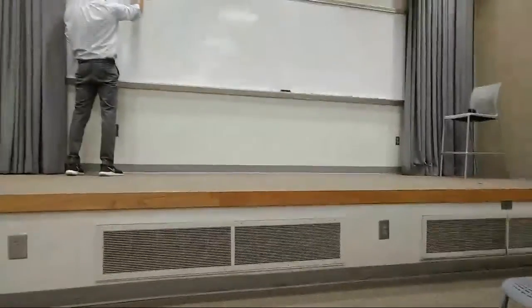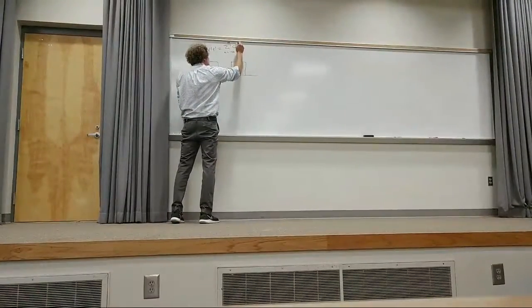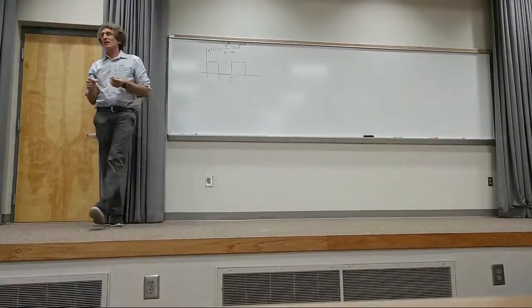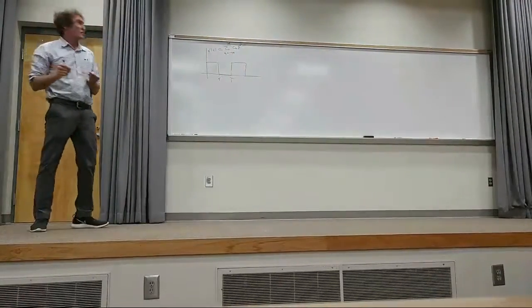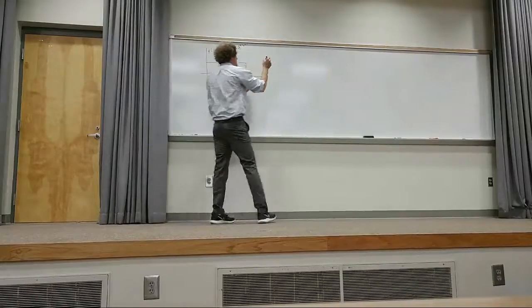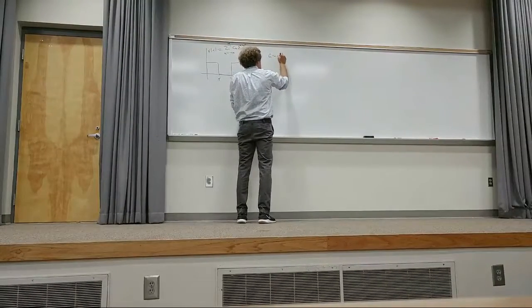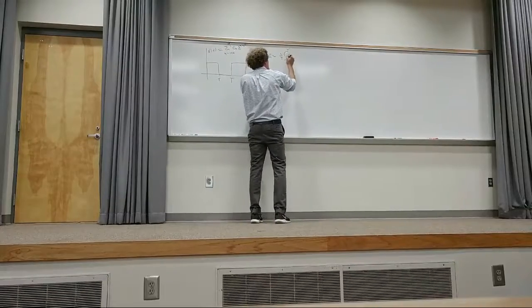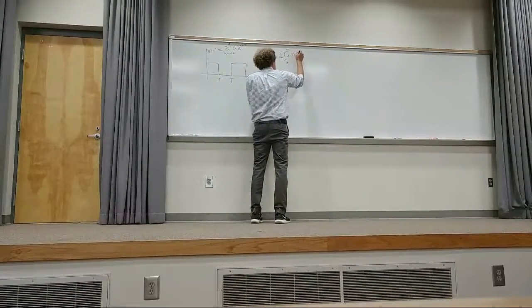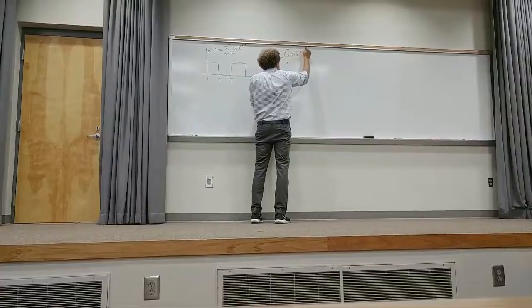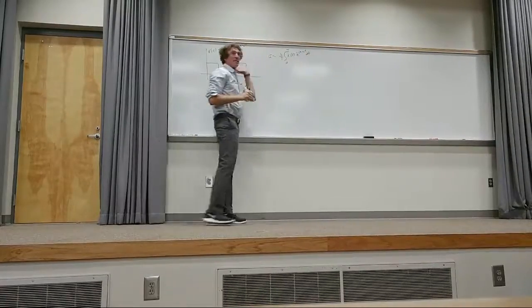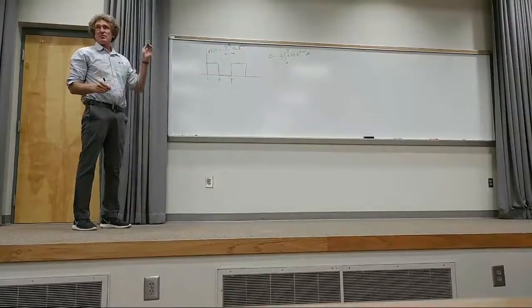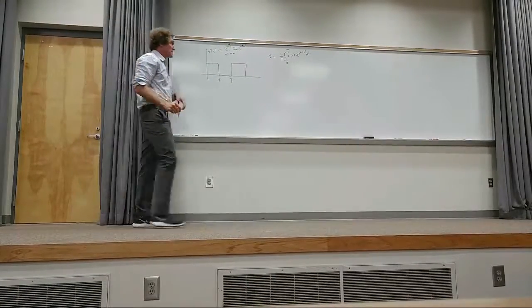The sum from minus infinity to infinity of c of n e to the j n omega naught t, right? And c of n is defined as an integral: c of n is 1 over T, the integral from 0 to T, or over any one period, of x of t e to the minus j n omega naught t dt. Now that's the relationship. If you want to turn it into a series of sines and cosines, what can